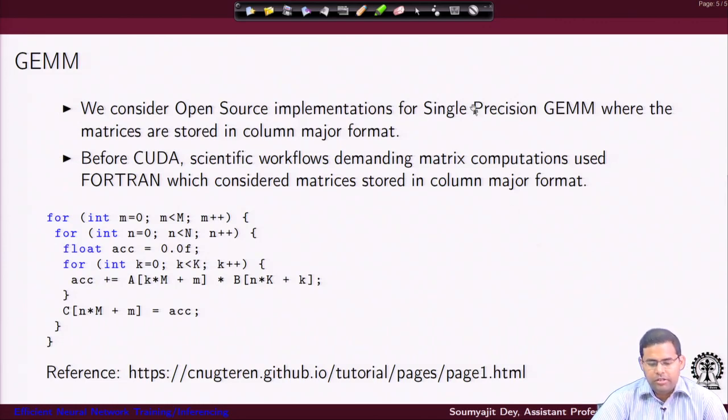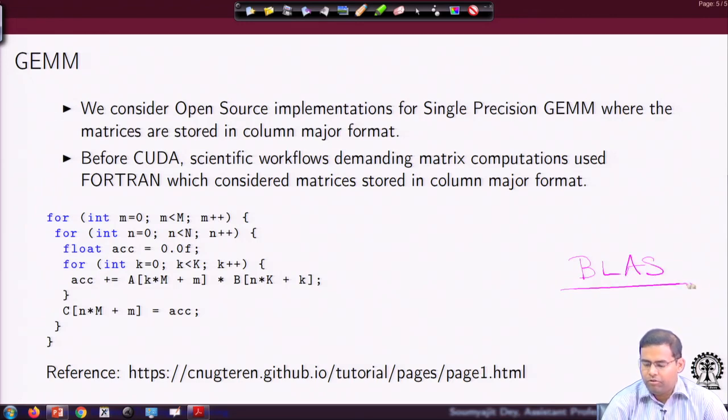But there is something interesting we would like to talk about here. Of course, this idea of multiplying large matrices has been there for quite a while. People have been working with such large matrix multiplications. And there are popular routines for scientific computation like BLAS, which implement underlying Fortran libraries that have been doing these matrix manipulation operations very efficiently. But one issue is that these libraries assume a column major format.